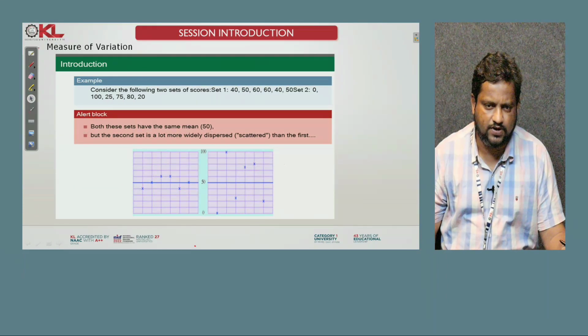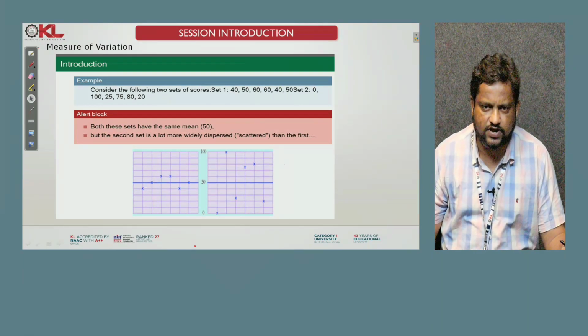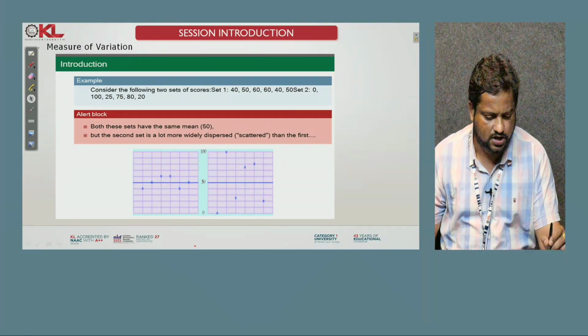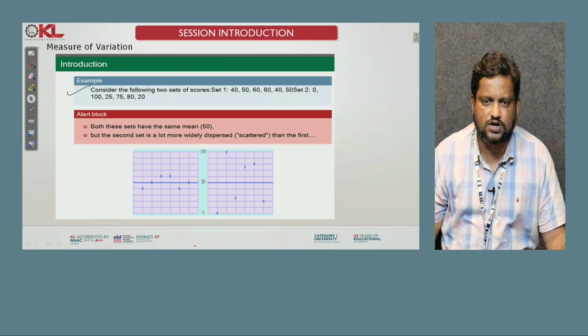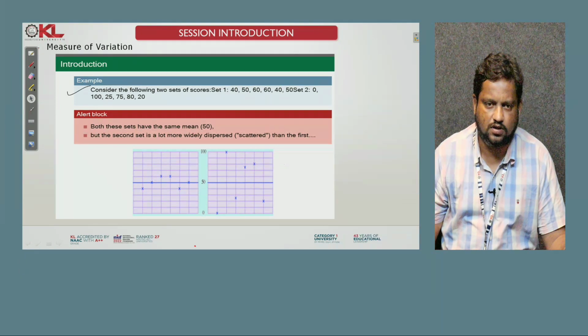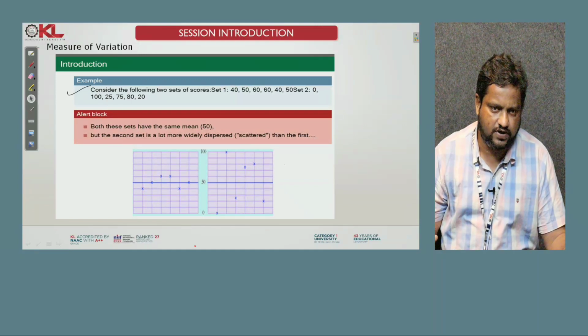So first let me create a context for this topic. Why are measures of variability important? In order to understand that, let us see this particular scenario. Here I have given a small example. We have a data set. Set 1 consists of various scores like 40, 50, 60, and so on. Set 2 is also given a certain set of